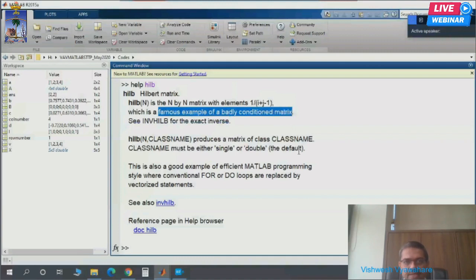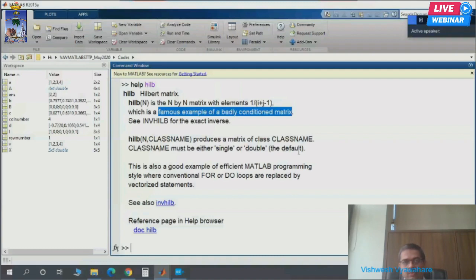It is a famous example of a badly conditioned matrix. What is the meaning of a badly conditioned matrix? The condition number of a matrix tells me how easy that matrix is for use in a numerical algorithm.